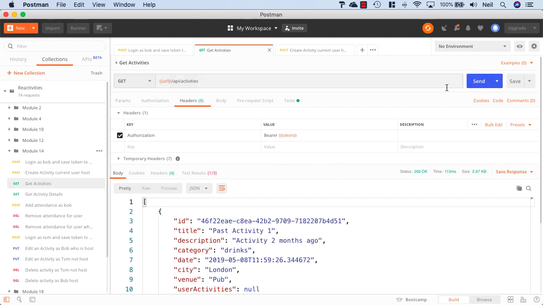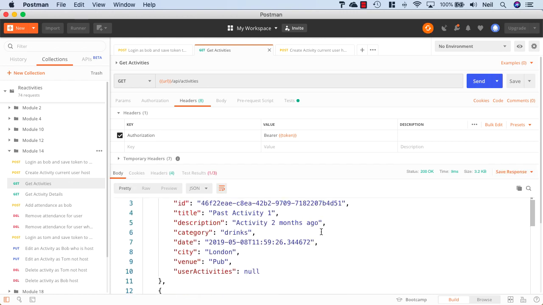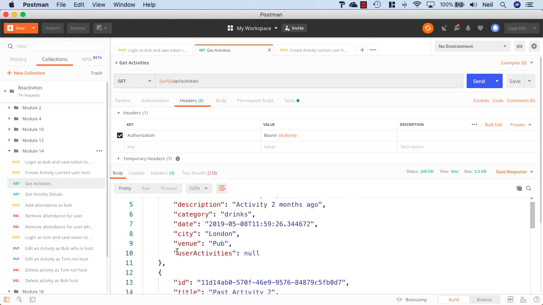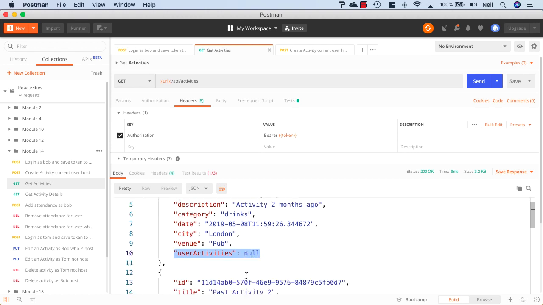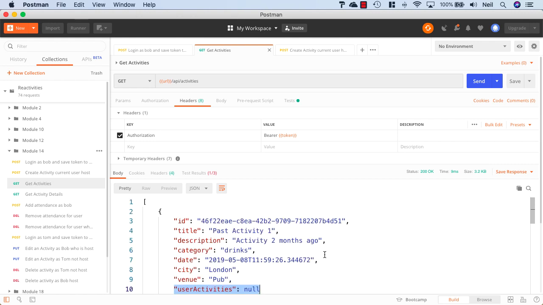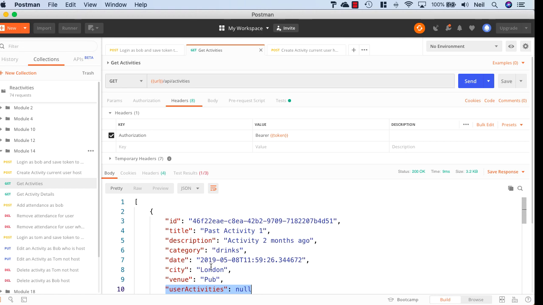But we've currently got no way of seeing the effects of this, because whilst we do get a user activities property back now inside our activity, it's currently set to null because we're not including our activities with this response. So what we're going to look at next is how we can load our related data with our activities when we send them back, so that we do see the details of the user that's signed up. But before we do,